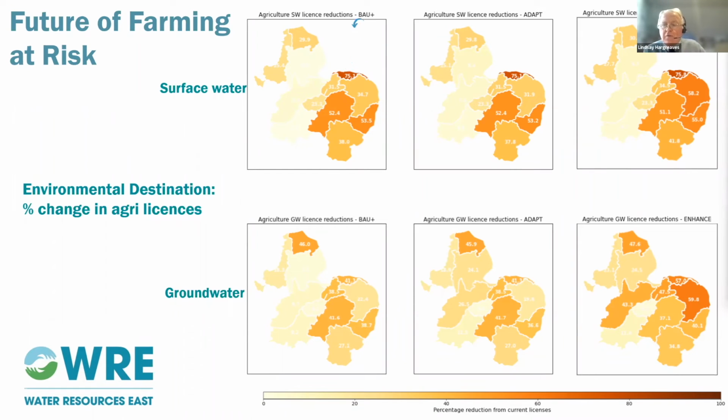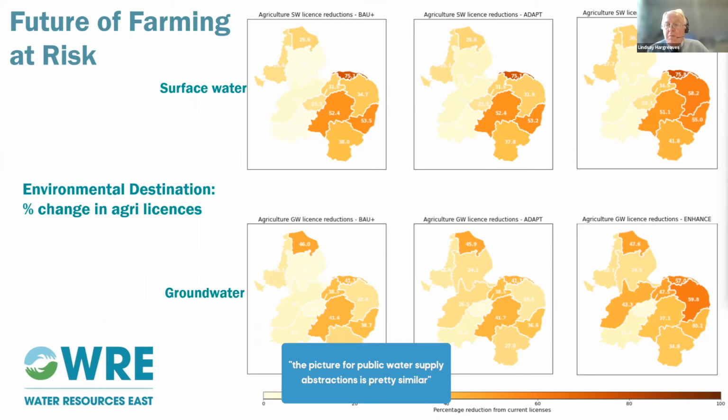It coincides with quite a lot of the North Norfolk Area of Outstanding Natural Beauty. It's a very important environmental area, but it's also an important agricultural area. The big one running across the middle is the Cam and Ouse catchment. That is a very intensive agricultural area, growing vegetables under irrigation. Inevitably, there's a lot of sensitivity there.